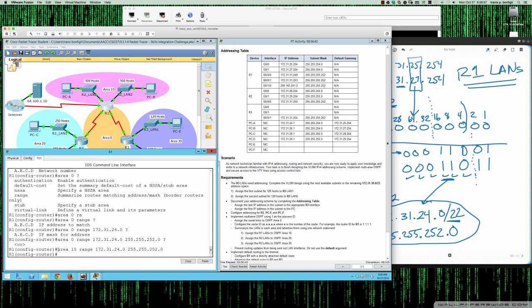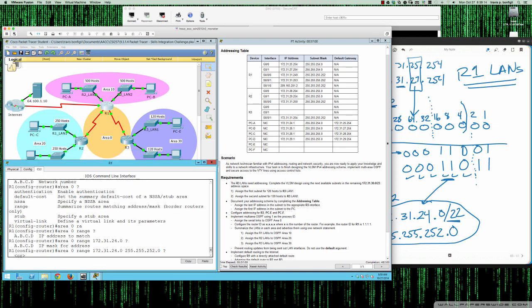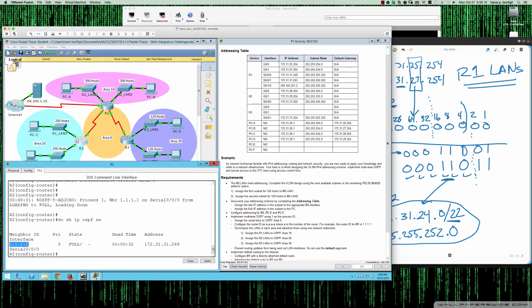here in this instance from the router config area for area 10, and this range of addresses is going to be what's summarized. All right, and so now we need to do that as well for area 20 and area 30. So we'll just do them in order here. Let's go ahead and drop over to router 2, and you can see router 2's LANs are going to be both /24s,